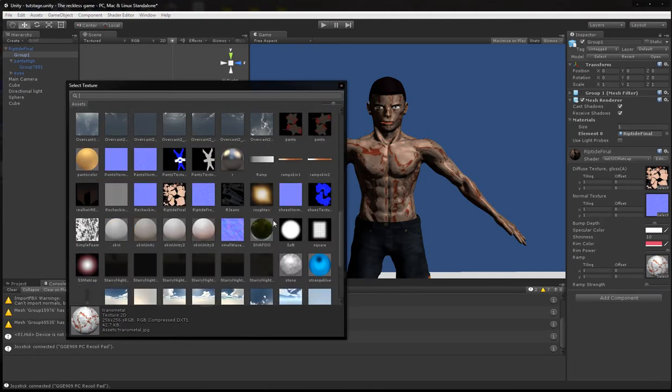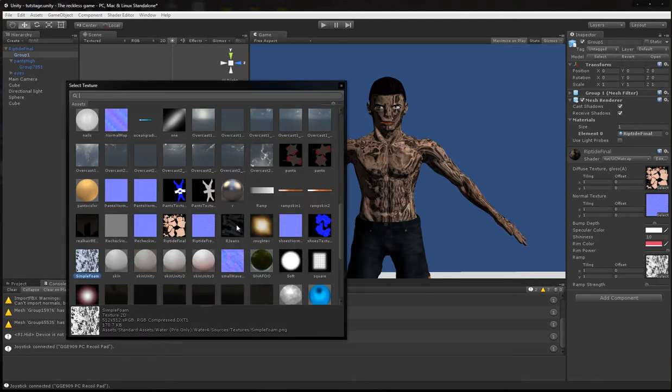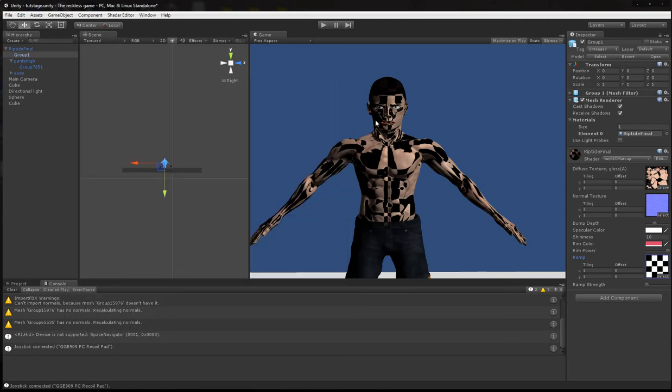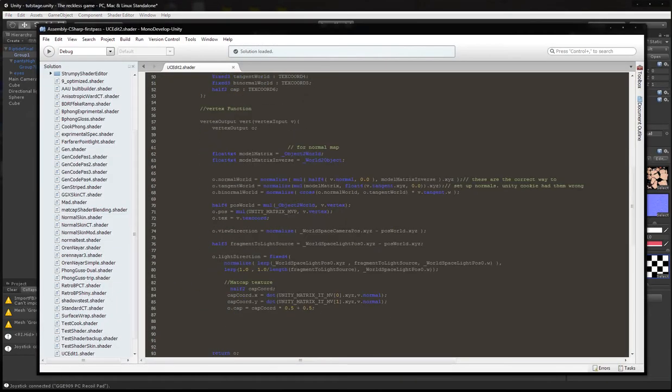If I put this sponge texture on here, you can really see what's going on. It just looks like it's radiating around the center a little bit, and if I give you a checkered texture, you can really see that there's something not quite right. Instead of the texture just overlaying on the character, it's being warped or twisted around. That is because this function down here is basically spinning the